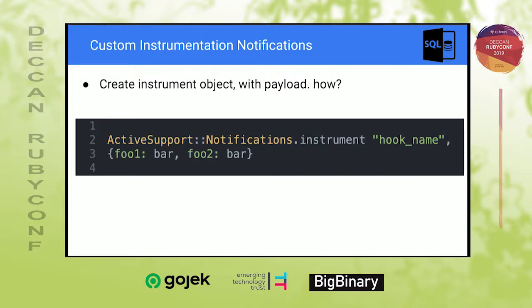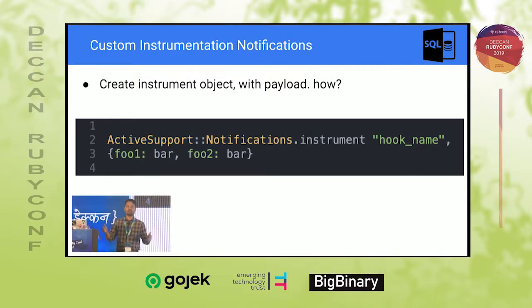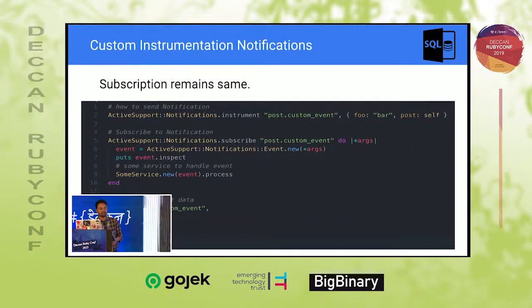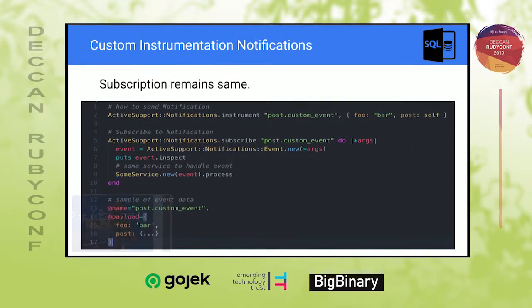Also, you can have your own hooks. You can create this kind of hook inside your application, no matter whether it's a controller, model, helper, or even a service. Just create an instrumentation object, the ActiveSupport::Notifications instrument call, followed by the custom hook you want to notify, followed by a hash as a payload. This type of hook you can release, so you can have custom hooks inside your application. So there are default hooks, and you can have your custom hooks too. Listening to the custom hook remains the same: just have a subscribe object and a particular payload is available to you.